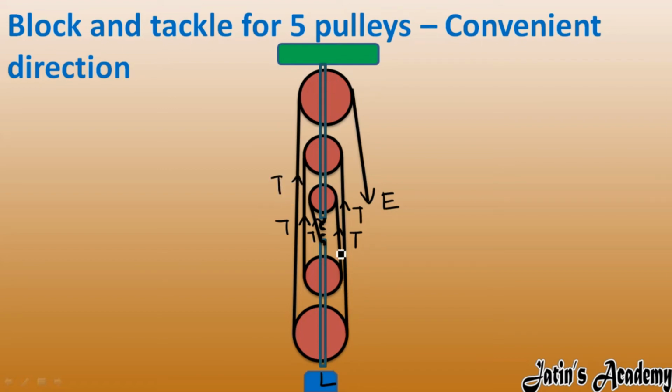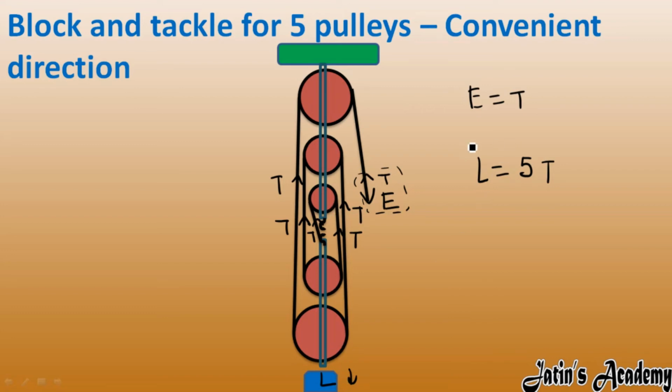Okay, so these are the tensions that we have drawn, and for the effort, tension is applied in the upward direction. So this tension is only for the effort. Now here effort is equal to tension. If you focus only on this part, effort is equal to tension. And now if you see this block and tackle system, load is acting in the downward direction, and how many tensions are acting in the upward direction? Don't see this tension, this is only for effort. So count 1, 2, 3, 4 and 5. So a total of 5 tensions are acting in the upward direction, which is able to handle this load.